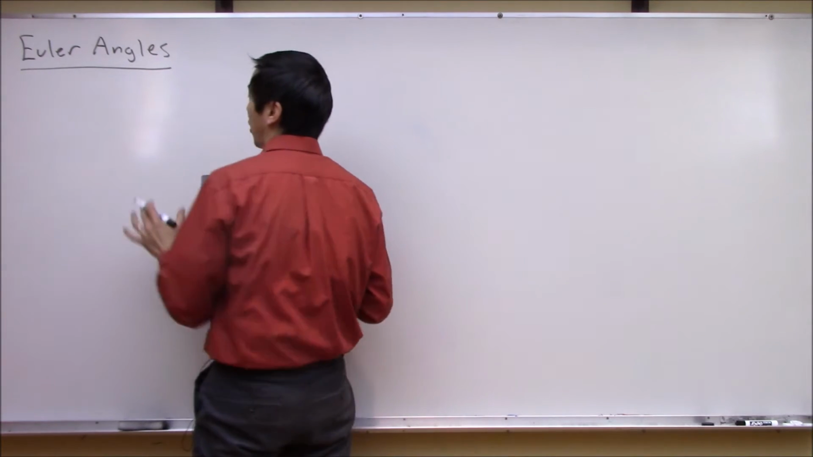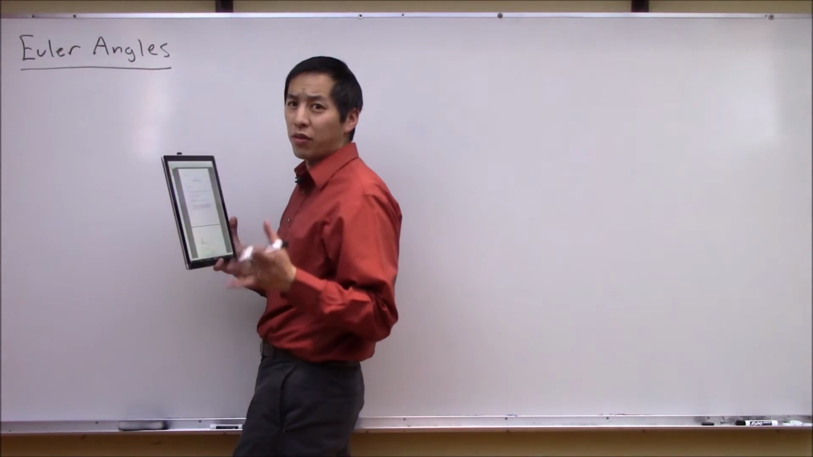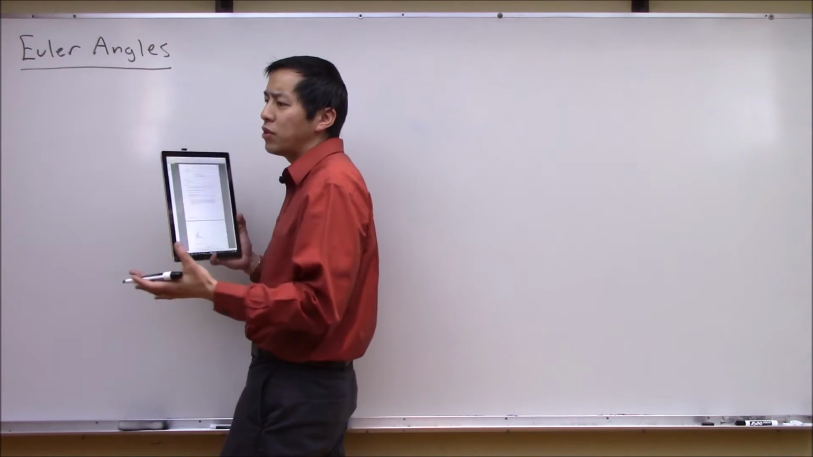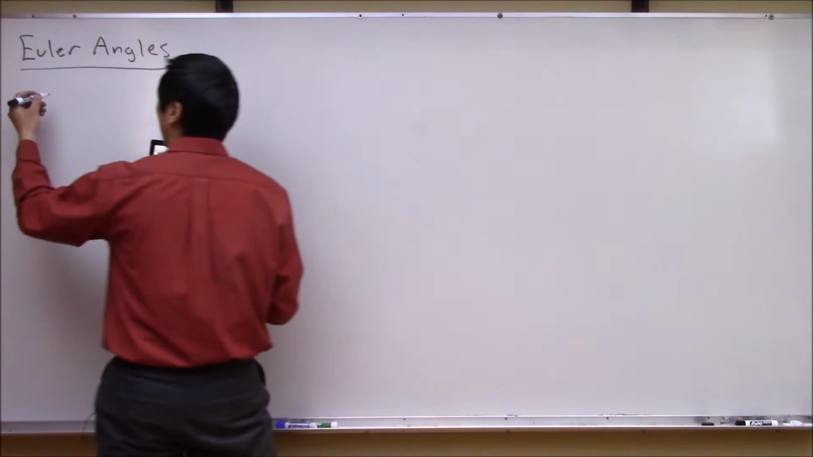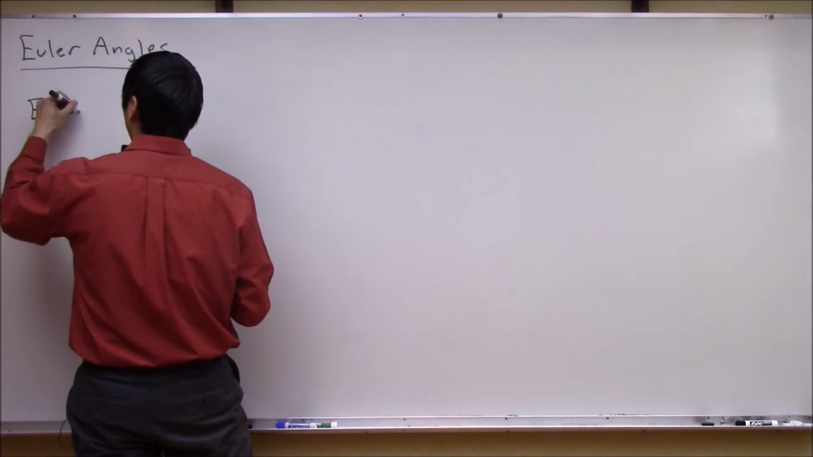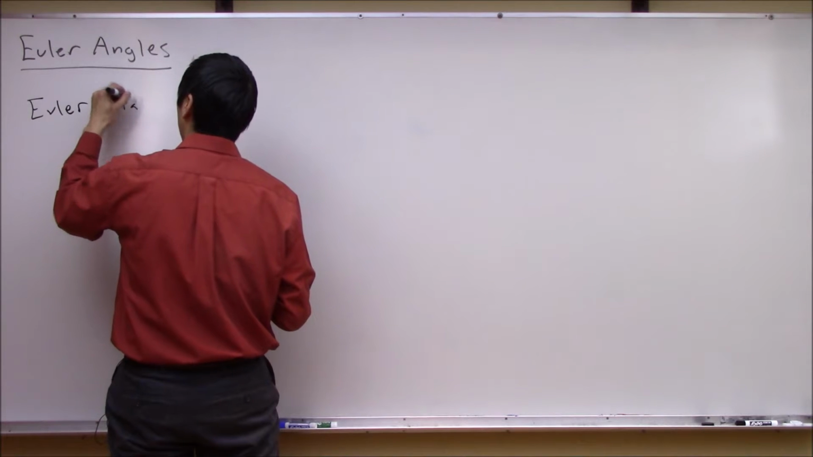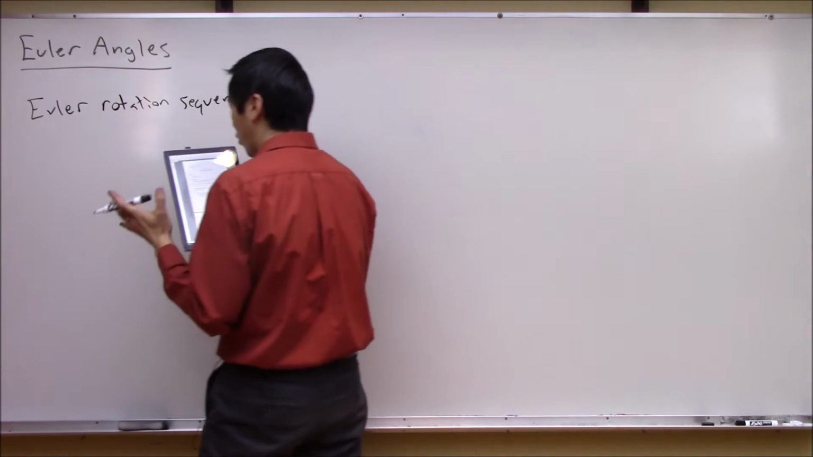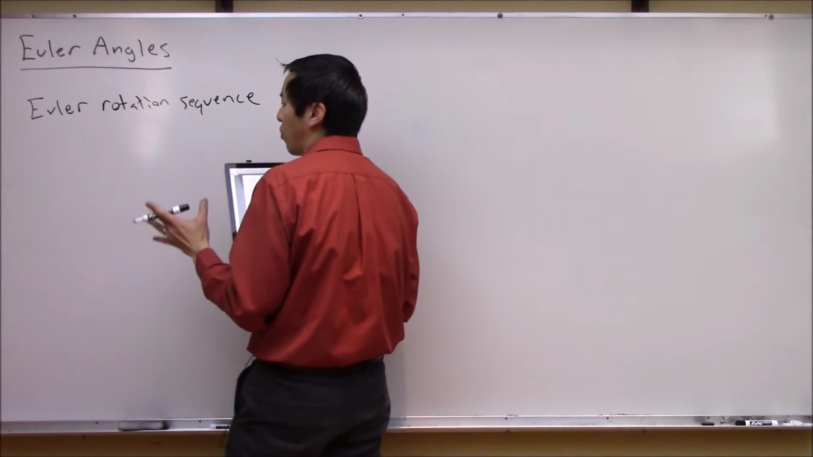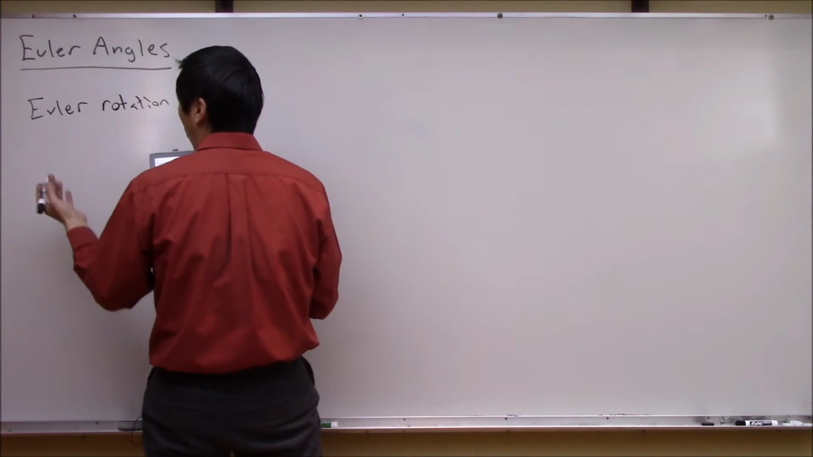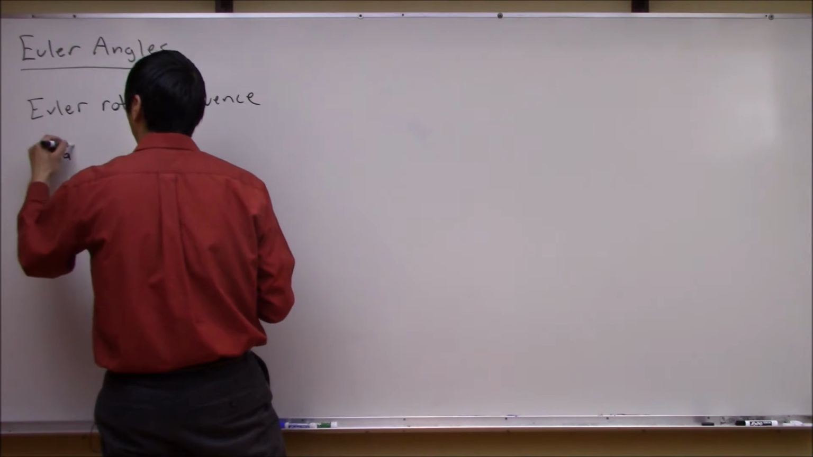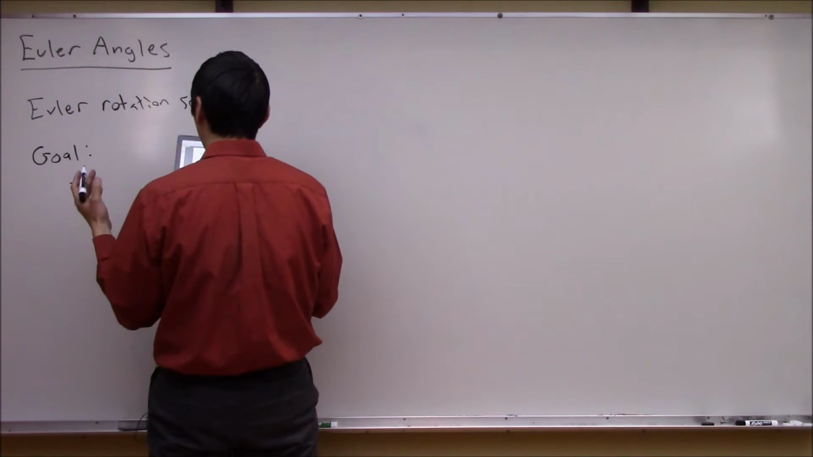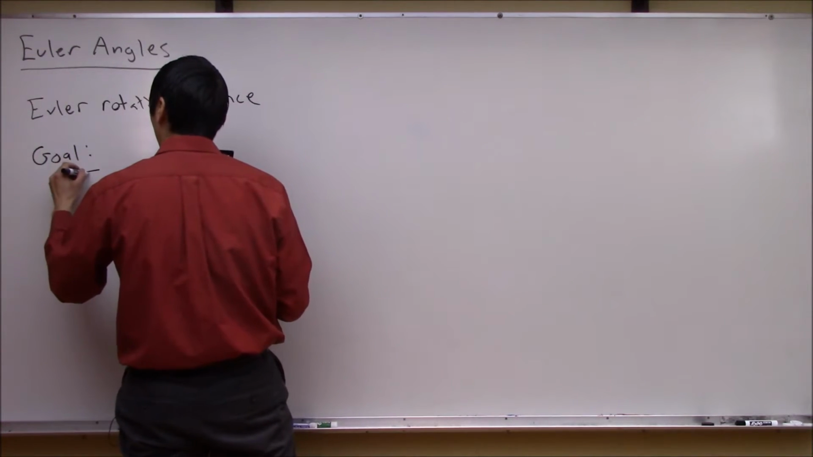One thing that I'll mention right off the bat is that the thing that makes Euler angles interesting is not only that they are just three angles, but that they are associated with an Euler rotation sequence. So let's write that down. Not only do we care about the angles, but we actually care about the Euler rotation sequence. What I mean by that is that there's a specific order of rotations that we need to perform. So the goal with the Euler angles and this Euler rotation sequence is to develop a set of rotations to go or start